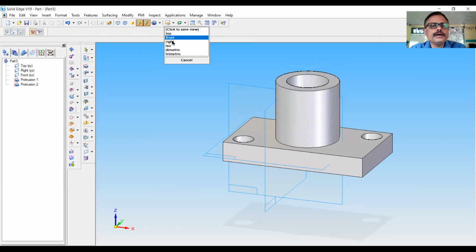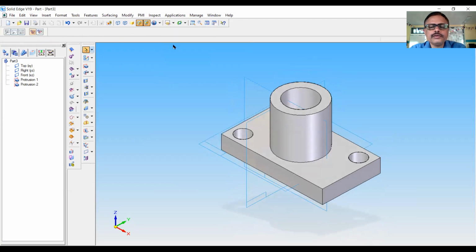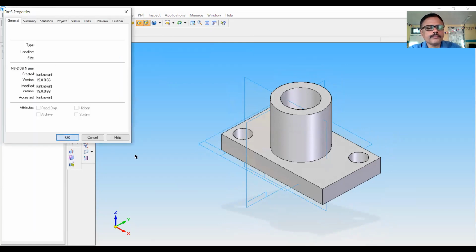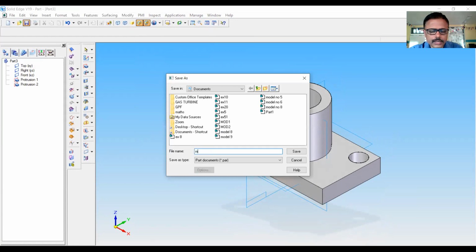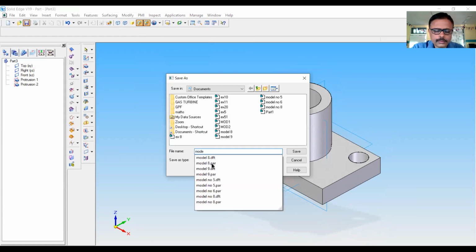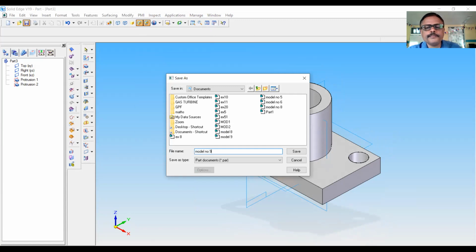Now keep it in isometric view mode. Save the file. This is model number 9. Save it.